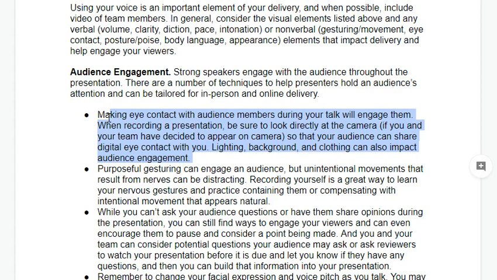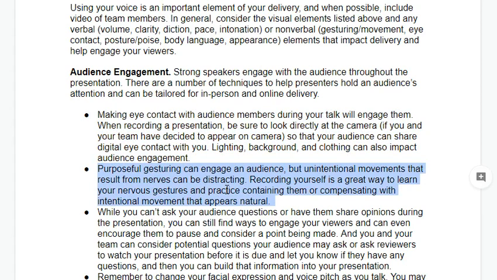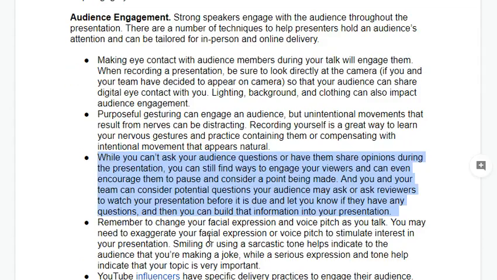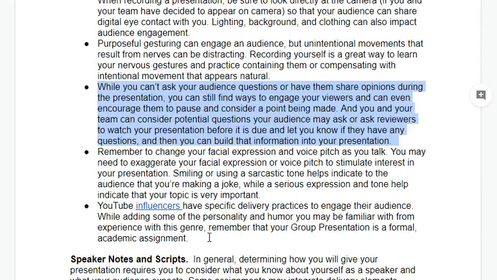Lighting, background, and clothing can also impact audience engagement. Purposeful gesturing can engage an audience, but unintentional movements that result from nerves can be distracting. Recording yourself is a great way to learn your nervous gestures and practice containing them or compensating with intentional movement that appears natural. While you can't ask your audience questions or have them share opinions during the presentation, you can